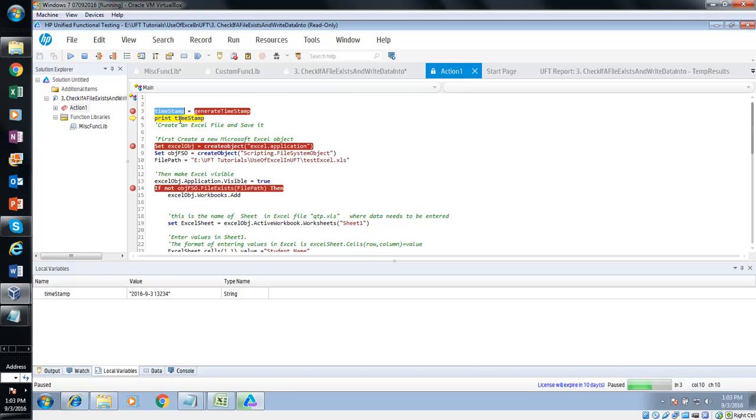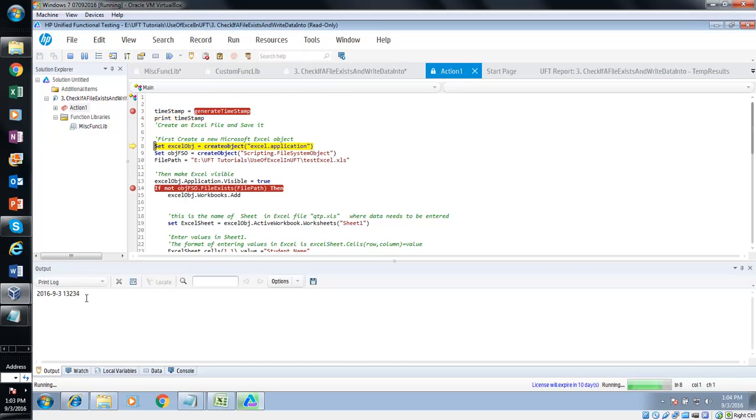And then can you see here, now we are trying to print the timestamp in the output, right? So that is how we are generating a timestamp, and then we are bringing it in the action to use it in our Excel. Okay, now let me stop this execution here, and let me do a